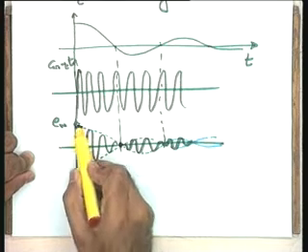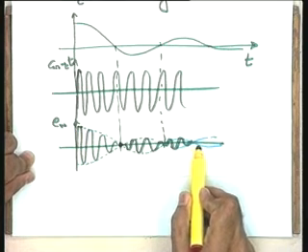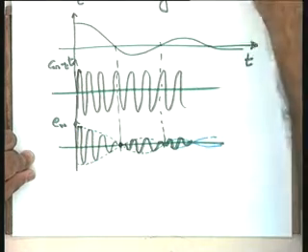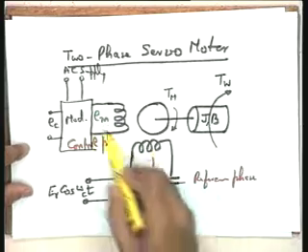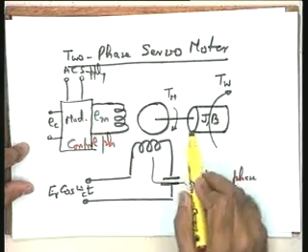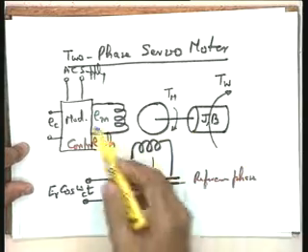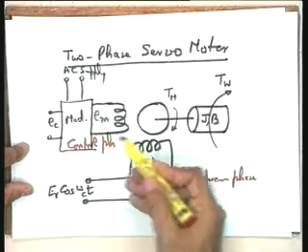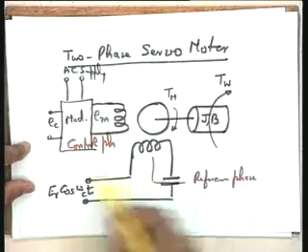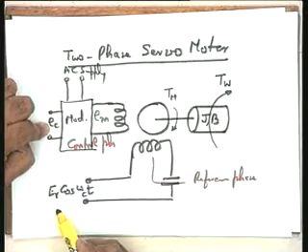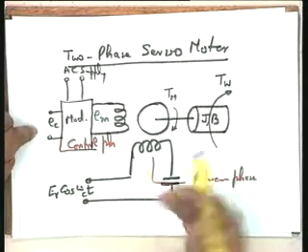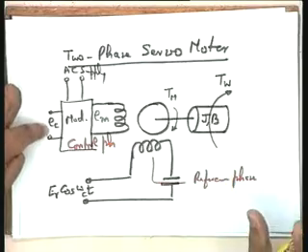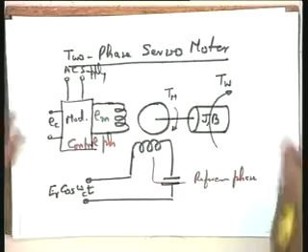So EM is a carrier modulated wave at frequency omega c, and the reference voltage is at frequency omega c. These two voltages given to these two phases will produce a torque on the motor, and the torque naturally is going to be a function of the magnitude of the voltage EC, ER being fixed. It is going to be a function of the magnitude of EC, and its direction is going to be a function of the polarity of EC. This should be very clear.